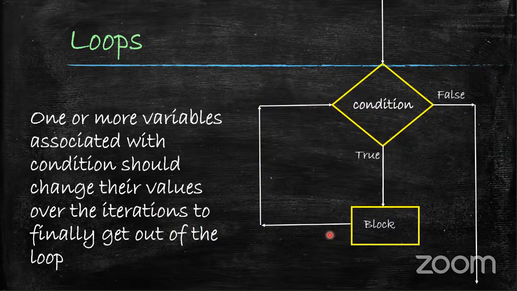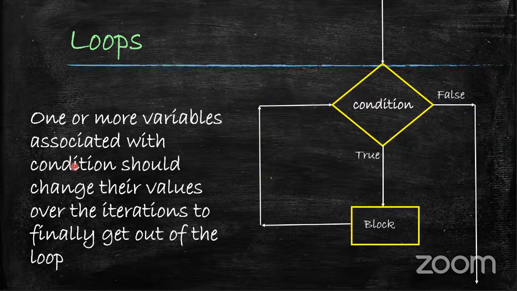So this is one iteration. When you run the block once, that is called one iteration. So you go to the condition, run the block, again come back to the condition, that is one iteration. Again from the condition, go to the block, run the second iteration. Okay. So there might be 2 or 3 variables in the block,